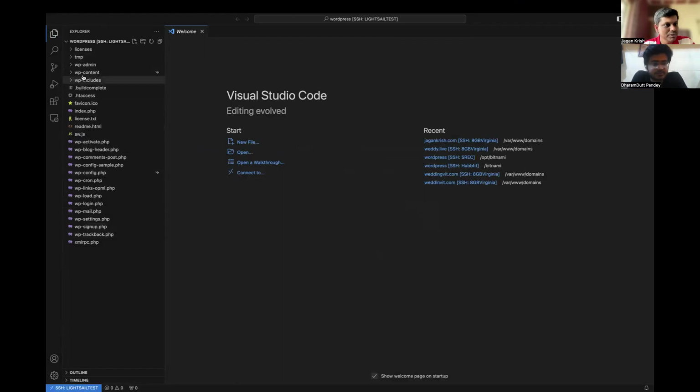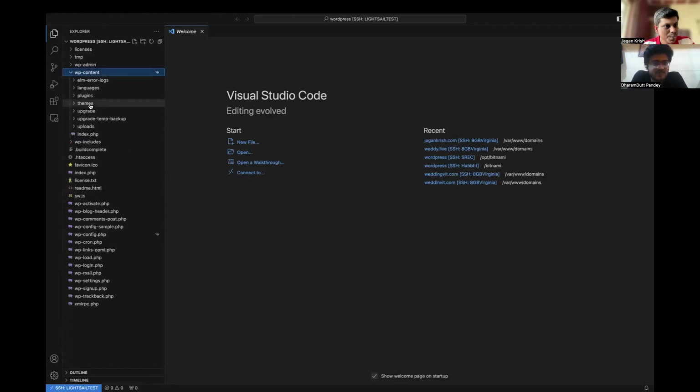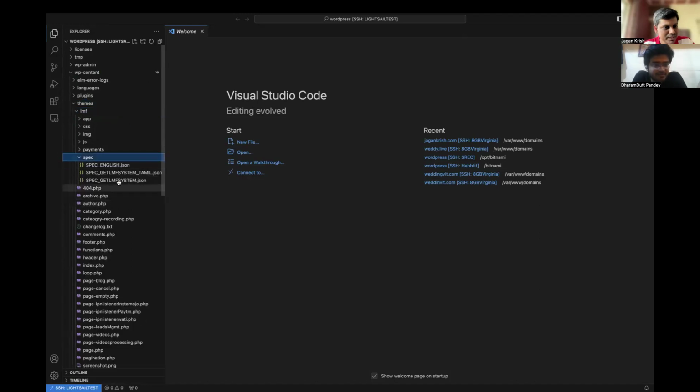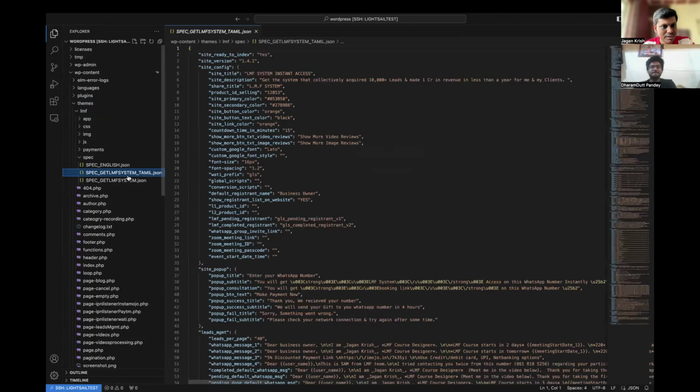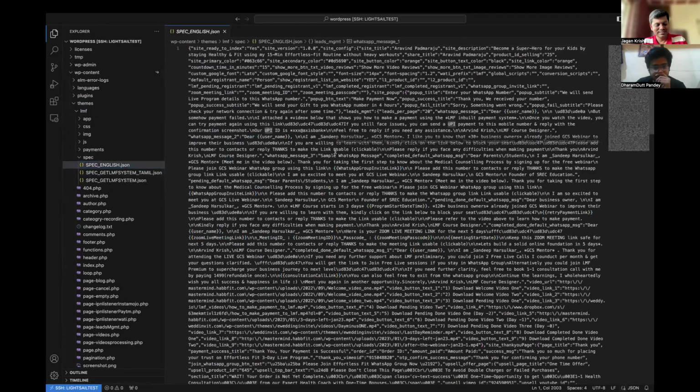Now from here you know that WP content, themes, LMF, LMS, spec, JSON file, English, and spec Tamil. There is one person who is working on translation on this file. So don't touch this. Okay. So now I will just